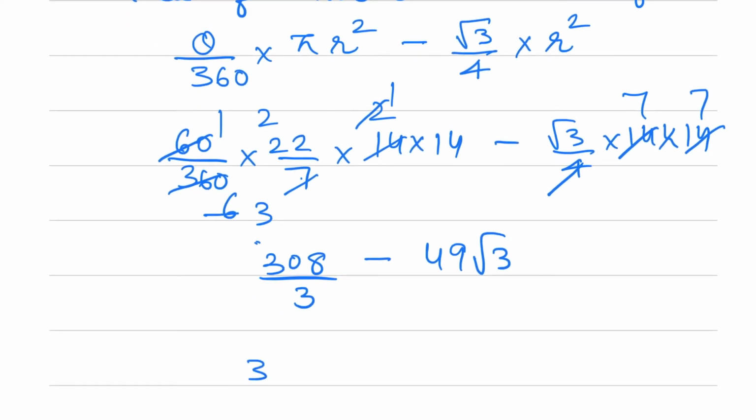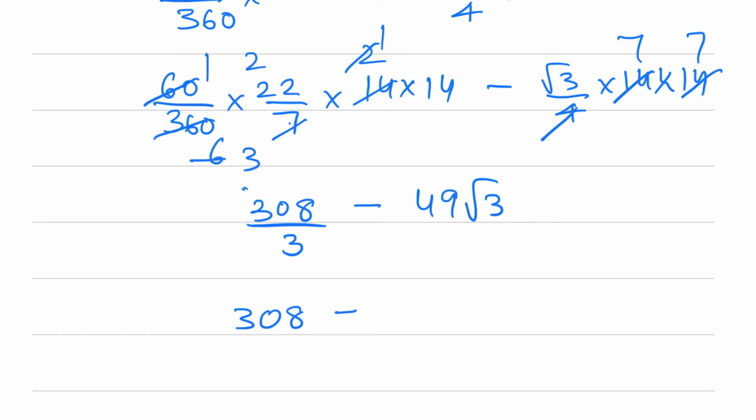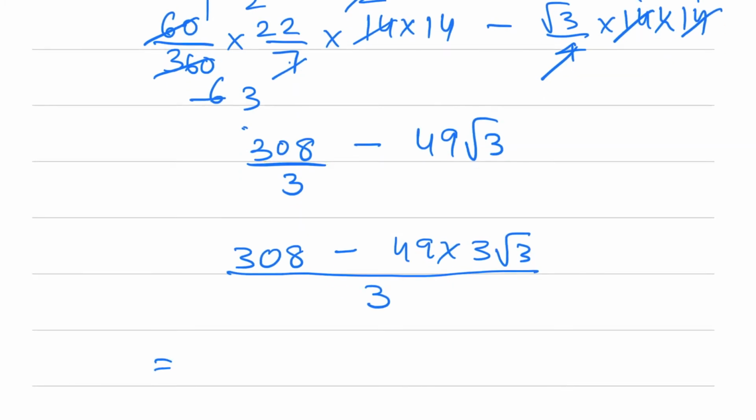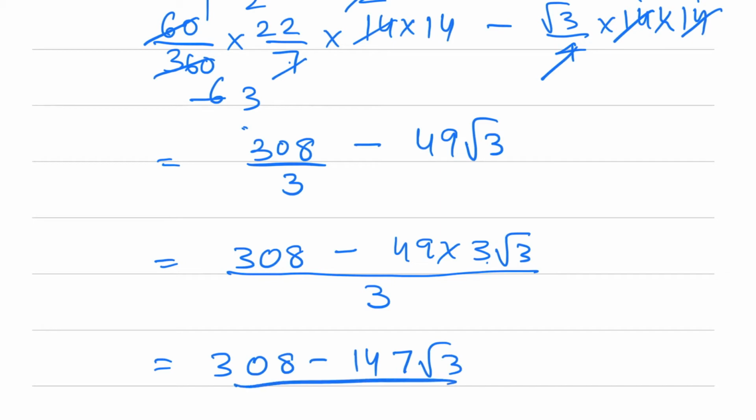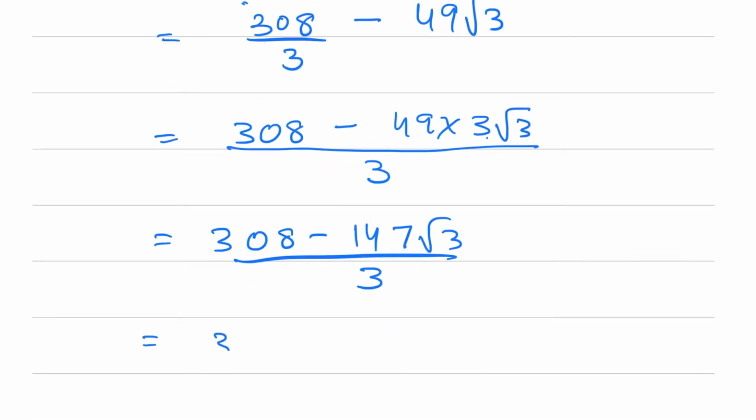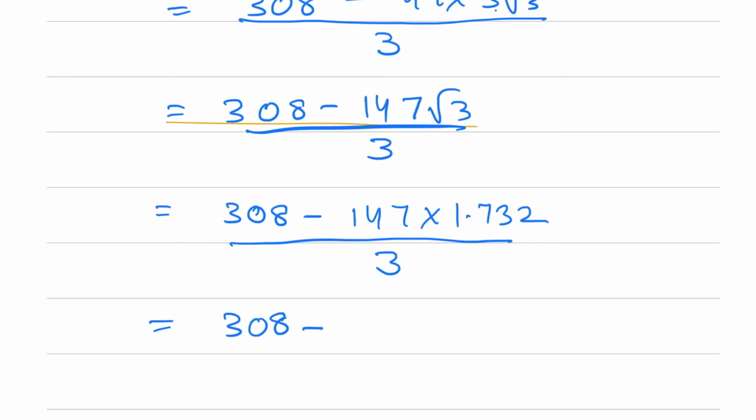So we have 308 minus 49 into 3 root 3 divided by 3. So we get 308 minus 147 root 3 by 3. I can keep calculating. So 308 minus 147 into 1.732 will get 300. 147 into 1.732 will be